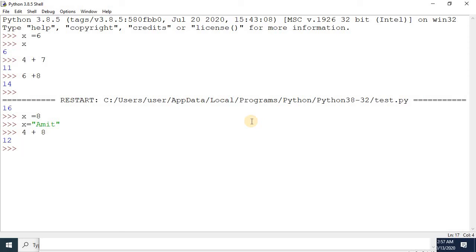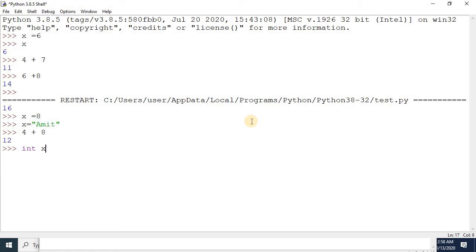Python also supports dynamic typing. What is dynamic typing? Dynamic typing means that you don't have to tell the variable what type of data you can store, like in other languages, like C or C++. Before using or initializing a variable, you have to declare it with its data type, like int x, that means you can enter an integer value in x only.